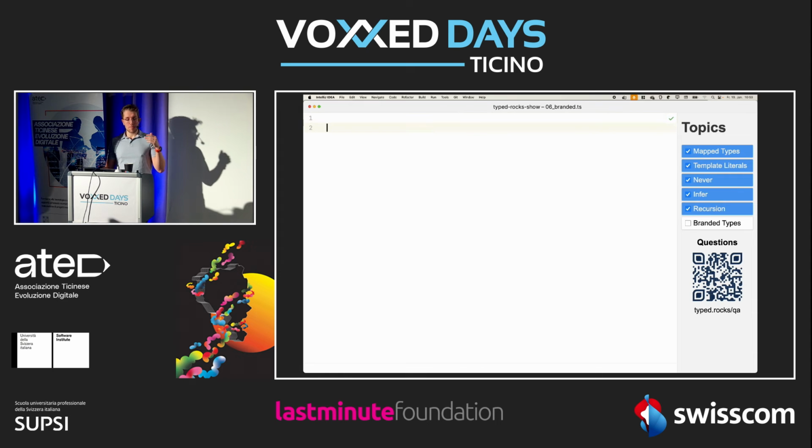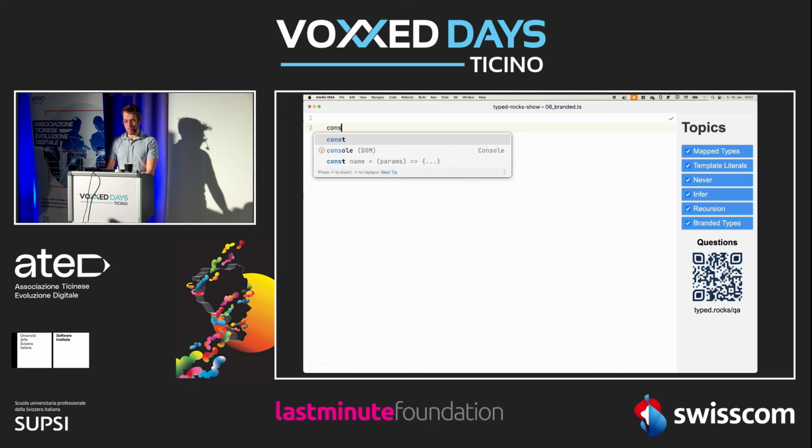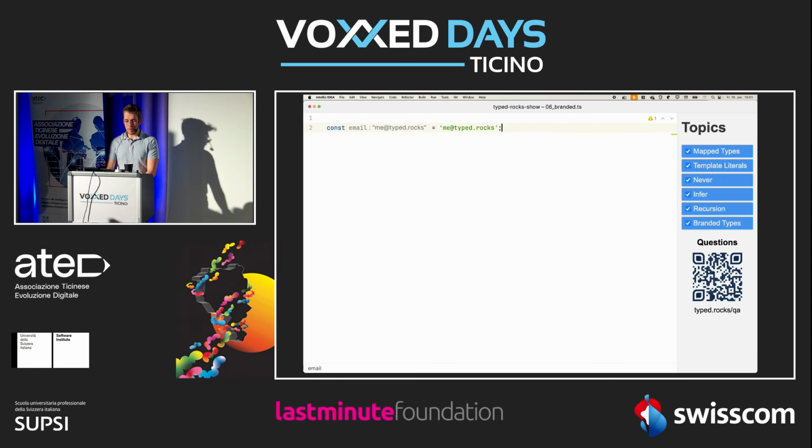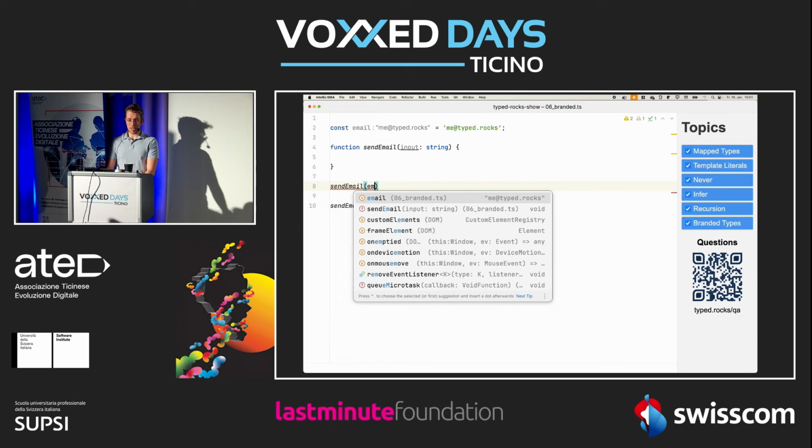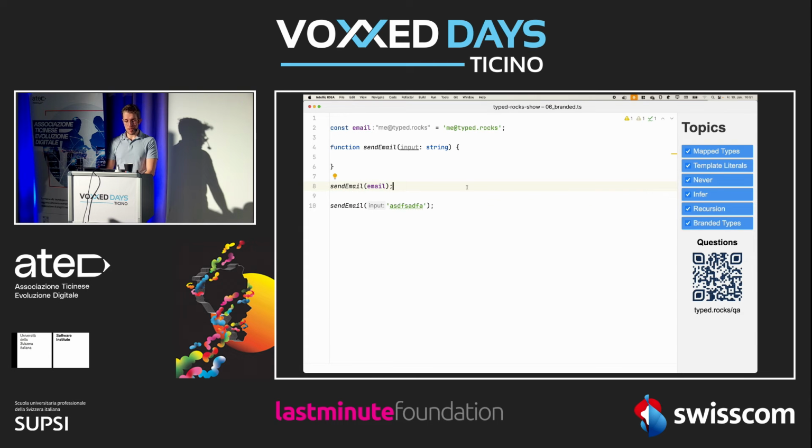Let me show you what the problem is which this tries to solve. We have an email here. This is my email. Now, let's say you want to send an email. You have a send email function, with an input which is a string. Now, the problem is, if I use send email, I can pass in anything I'd like. I, of course, also can send email with my email, but the problem here is you have to sanitize this